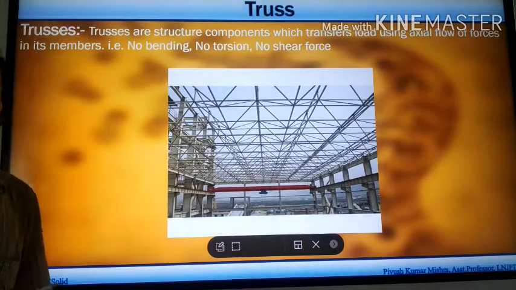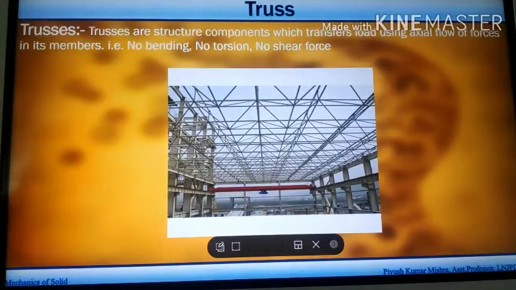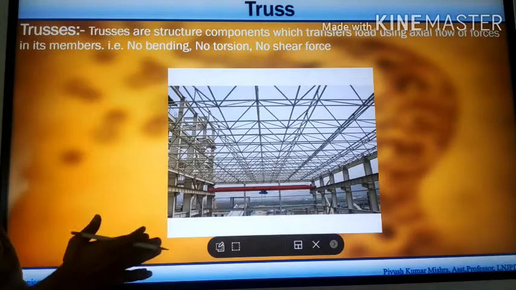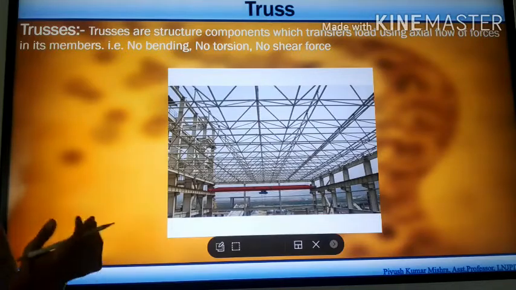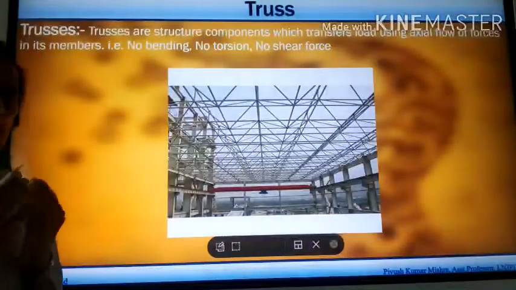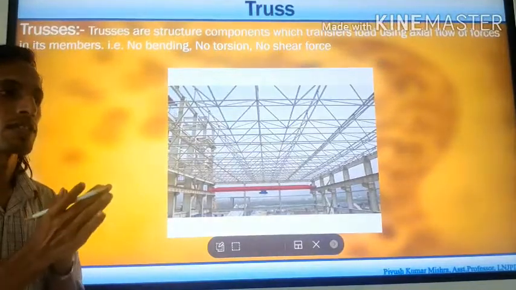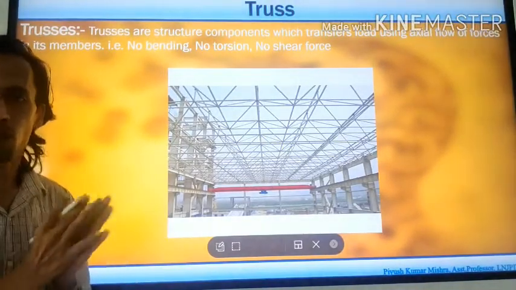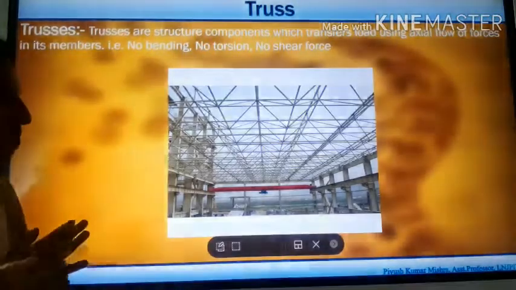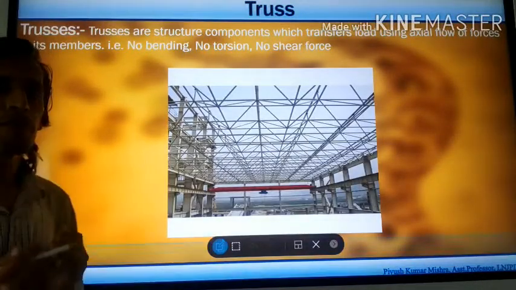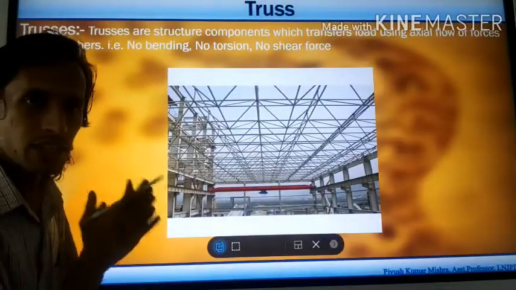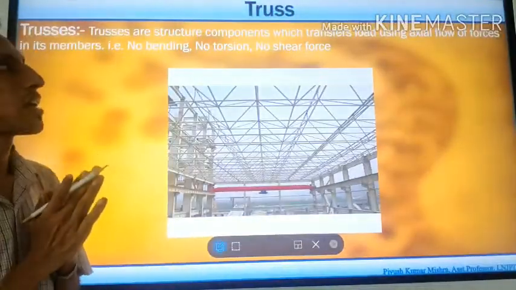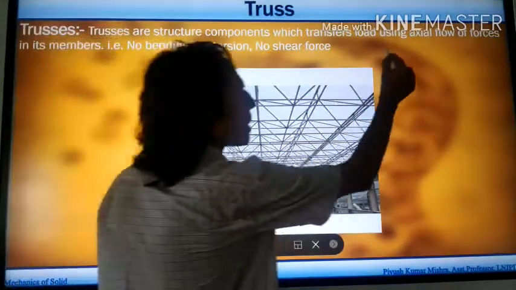So what are trusses? Trusses are basically structural members like beams, like columns, like slabs. Like them, they are also a kind of structural component. But how are they different from beams? They are different because trusses transfer the load using the